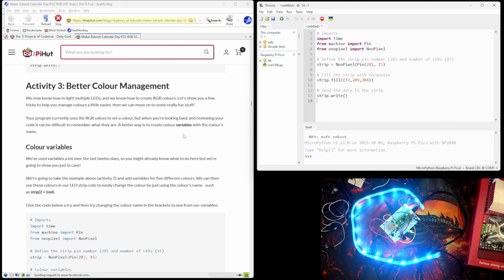Color variables. We've used variables a lot over the last 12 days, so you might already know what to do here, but we're going to show you just in case. We're going to take the example activity 2 and add variables for 5 different colors. We can then use these colors in our LED strip code to easily change the color by just using the color's name, such as strip[i] = red. Give the code below a try and then try changing the color name in the brackets to the one from our variables. Okay, so get rid of the last one,